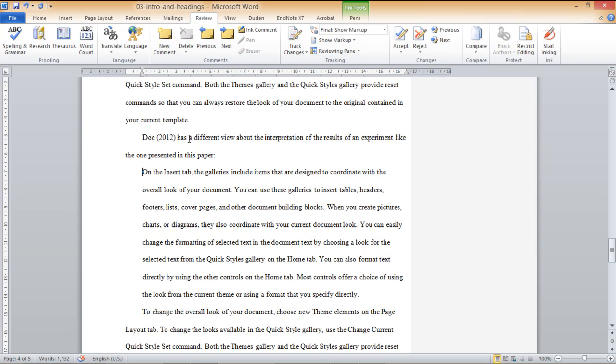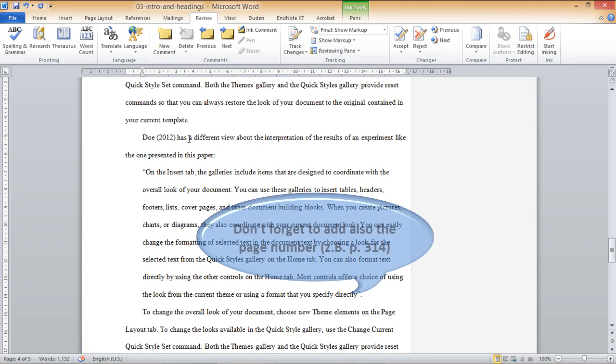So let's say this is our quotation taken from Doe 2012, and close here, sorry. First the closing quotation mark and then the period.